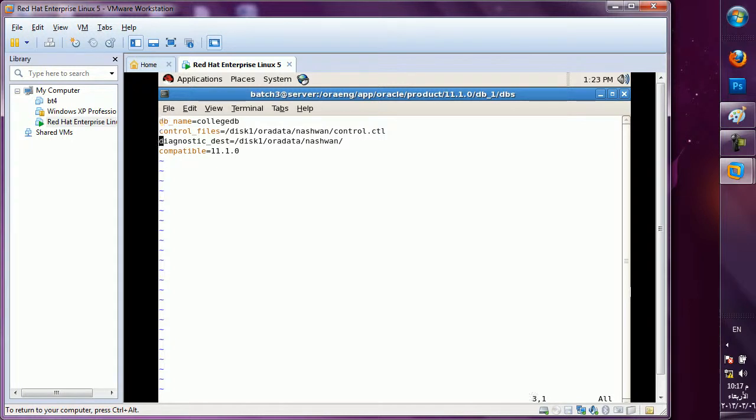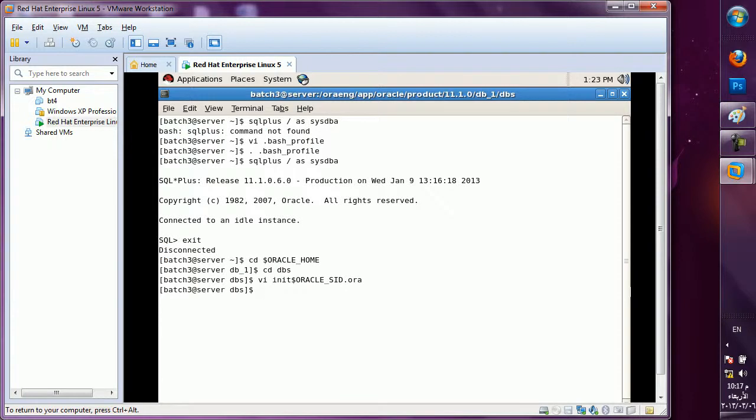Now, for the first time to create a new database, this much is sufficient. Means this much is compulsory, you can say. Afterwards, as per the requirement, I will again and again come to the parameter file, add that line and use it in my database. But for a new database, this much is okay. Clear now? Yes. Okay. Just wq. Yes. Come out from this folder, the dbs folder.